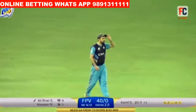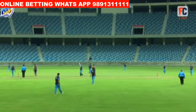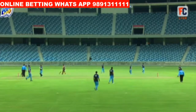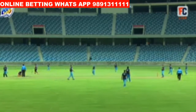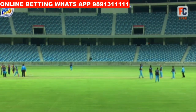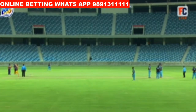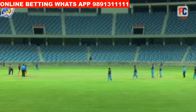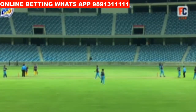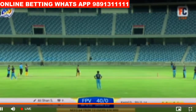Absolutely. Last ball coming in. Kashif Daud facing, Alishan Sharafu. Yes, just dabs it to the offside to the fielder there. And at the end of the 3rd over, it is 41 for no loss. Fujairah Pacific Ventures, chasing 103 made by ECB Blues, are in fact 40 for no loss after 3 overs,